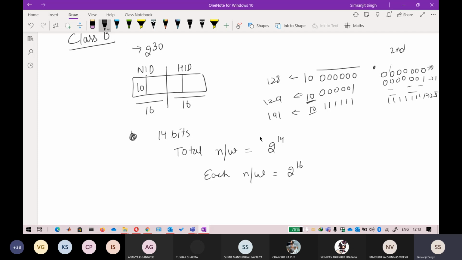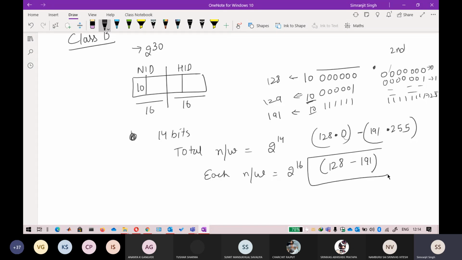Okay, so the valid range of class B addresses will be 128.0 till 191.255. So actually I'm not concerned with the second octet. So the range is only based on the first octet, so you can forget about it. So the valid range is given as 128 to 191. Okay, so by just looking at the first octet, you can get to know what actually is your